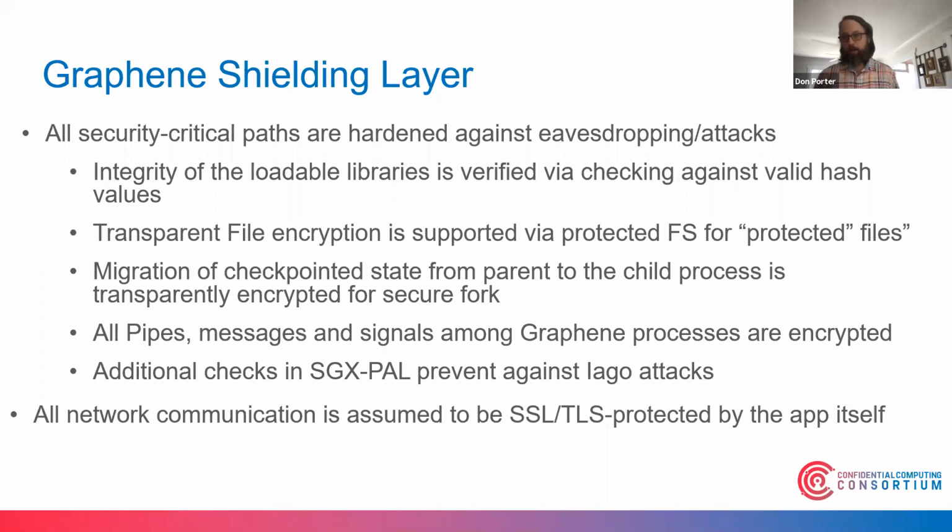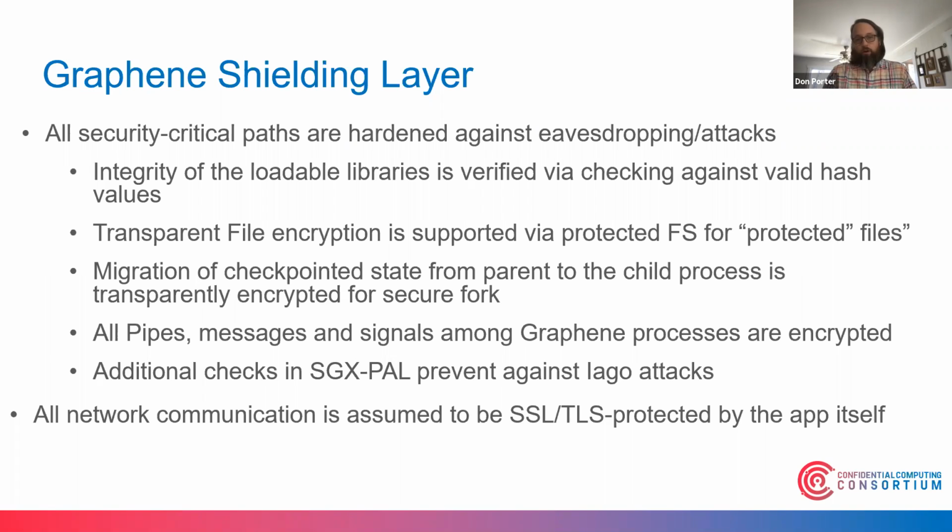I want to unpack the shielding layer a little bit. The goal here is that one addition to Graphene on SGX that we needed to make was defending against an untrusted OS. The original Graphene design was actually concerned with sandboxing untrusted code, and so now we need to do shielding in the other direction. A few things that I want to highlight here that Graphene provides for the application. First of all, any files that you map into your address space or read, we have the ability to check them against a known good hash, so we can check the integrity of what's brought into your